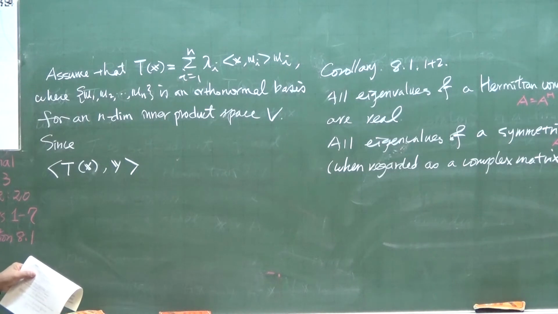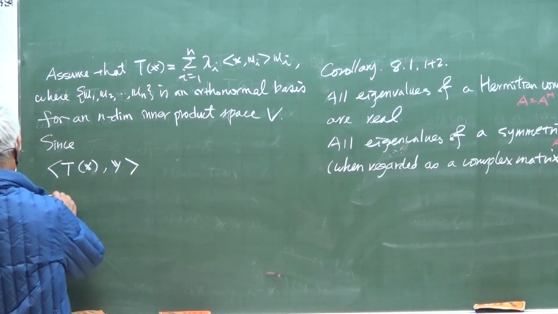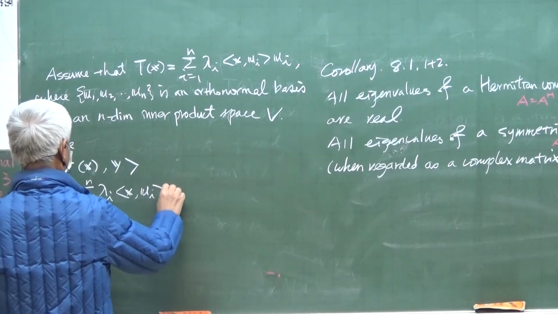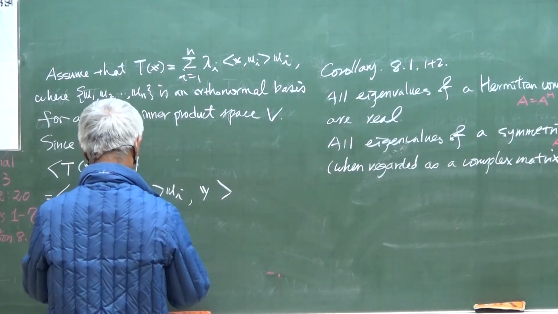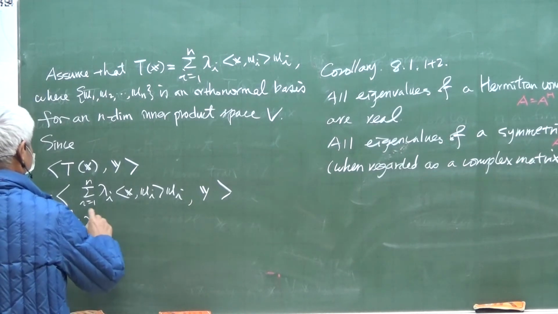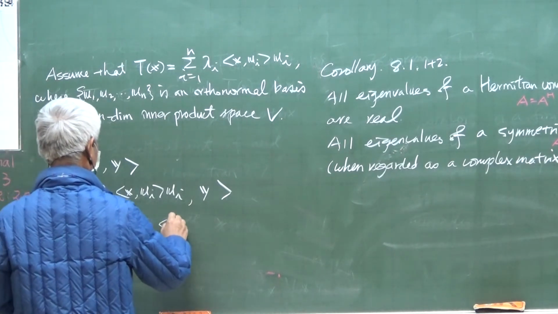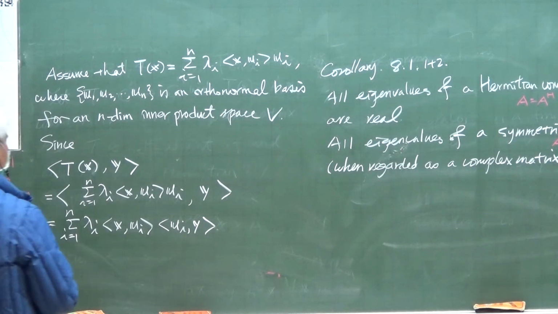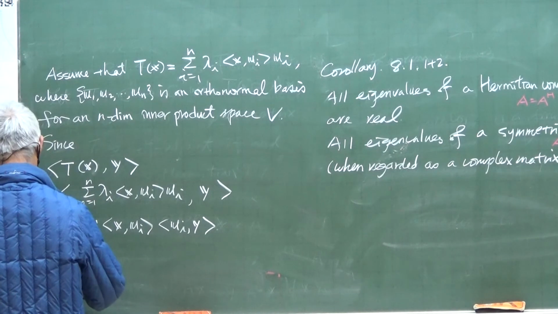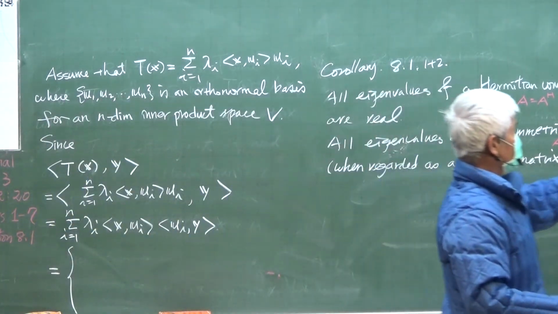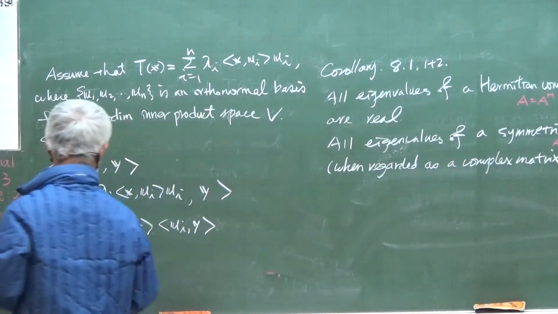Now think, right? So we look at this inner product <Tx, y>, the summation of lambda_i <x, u_i> u_i with y here. So by linearity in the first argument, so we have lambda_i <x, u_i> <u_i, y> here. And so we have two cases. Alright, if the scalar field F is real, the scalar field is real,